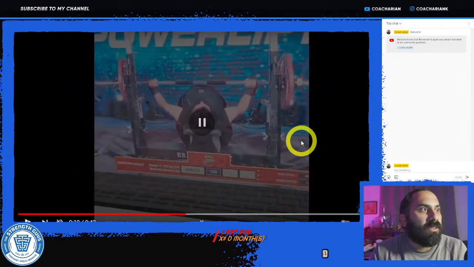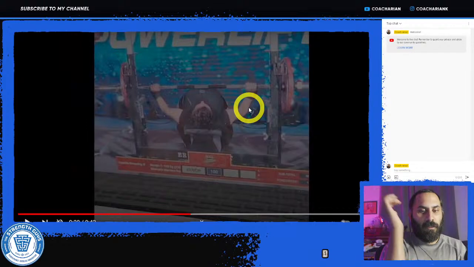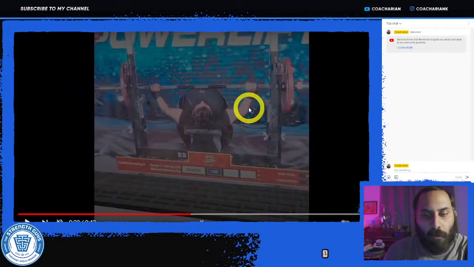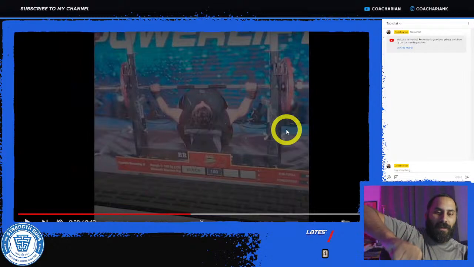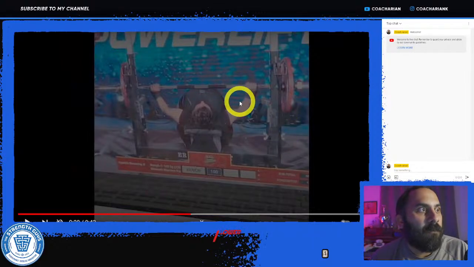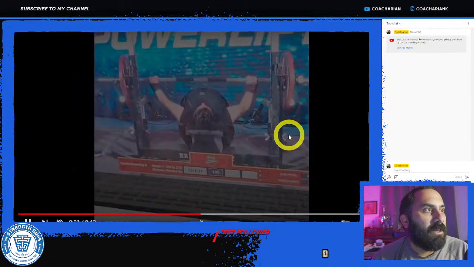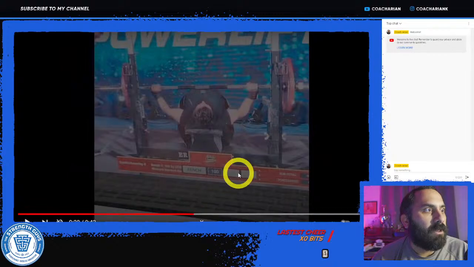And then a controlled descent here to touch lower on the chest, and for the most part keeping the elbows tucked underneath. It looks like maybe tucked a little bit more than is necessary, but overall pretty good. And some people like being a little bit extra tucked in more than being flared out, which is a little bit more dangerous. So here, not a bad bottom position, good pause on the chest, and then a pretty solid press up. Let's go back and watch it again.